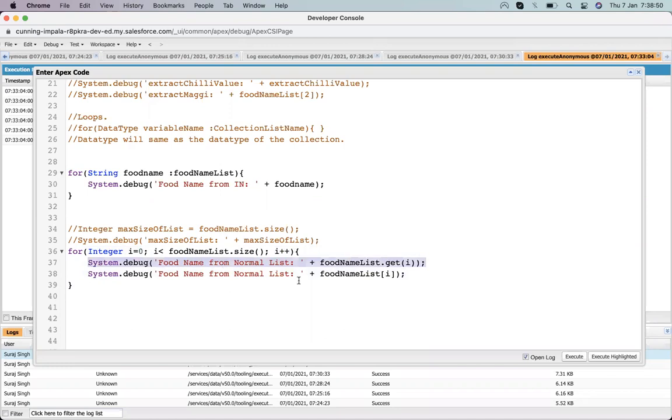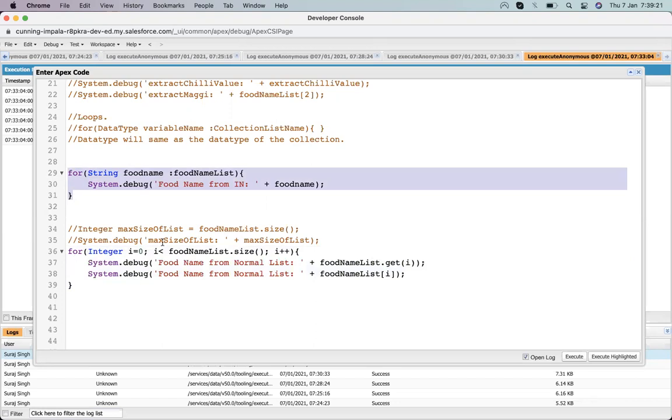And then we have our traditional methods, meaning how we get a value from a list, either get or array. These traditional methods come from Java. It's the traditional way of extracting a value from a list, and it is the way Apex uses to extract a value from a list.